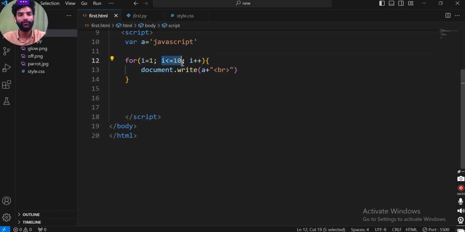So 2 will again be checked with this condition. If it is true, then only it will enter, then it will print whatever you have written, then it will go back to the increment or decrement. Like that it will keep on looping until